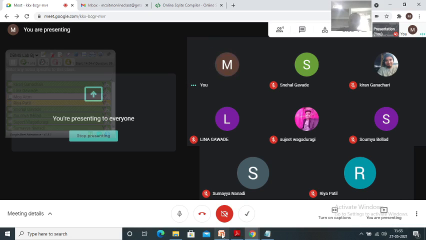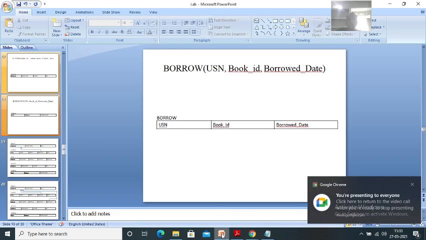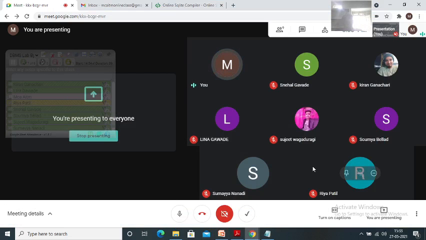Book ID is a primary key or foreign key? Foreign key, sir. Then see here now, in the student table which is the primary key? USN, sir. If that USN is a primary key in the student table, and we are using it in this borrow table, then what will it become?